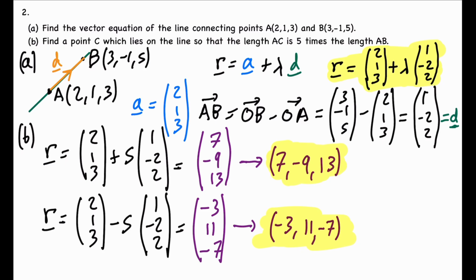So now let's move on to the Cartesian equation of a line. So for the Cartesian equation in 2D, if we have a direction vector that looks something like this, AB, with components a, b in 2D, our gradient of our line in 2D is going to be b over a. And now in 3D, if you have a